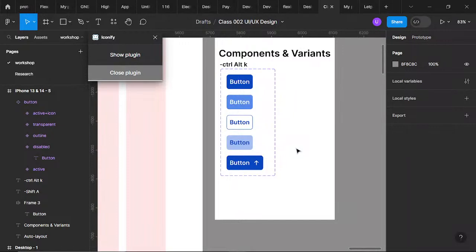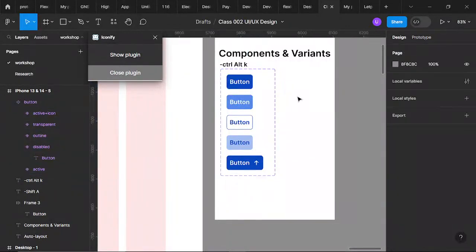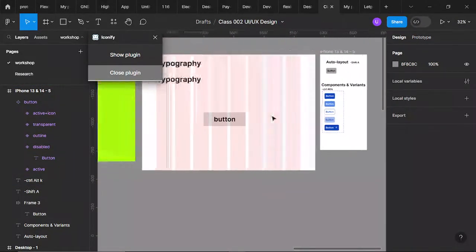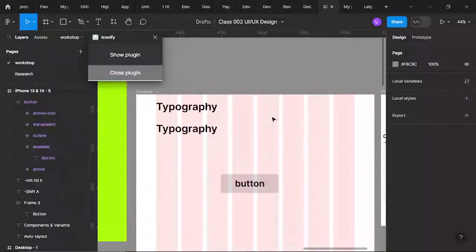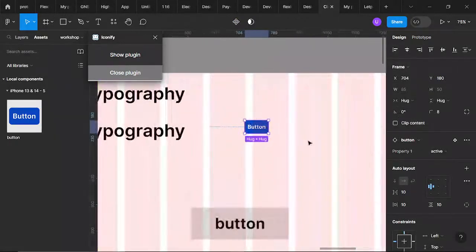And the thing is that being a variant, I mean a particular component, whenever you use this component on the screen, let's say for instance, let's go to our desktop screen, and let's get our button. Let's just bring it out. Now this is our initial button.